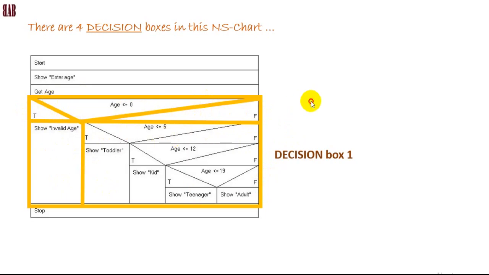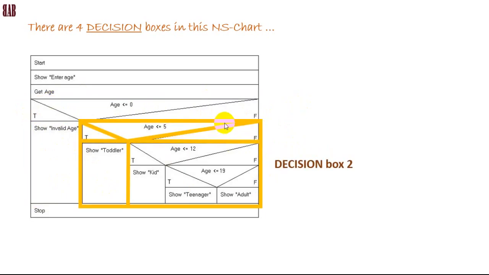Then we have another decision box here. On the false side of the first decision box, we have another decision box, and you can see the structure is the same. You have the condition, a true and a false. So this is the true side. This entire thing is the false side. So this is our second decision box we have. Right. Then we are going into